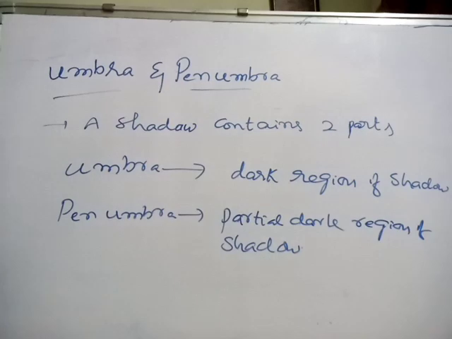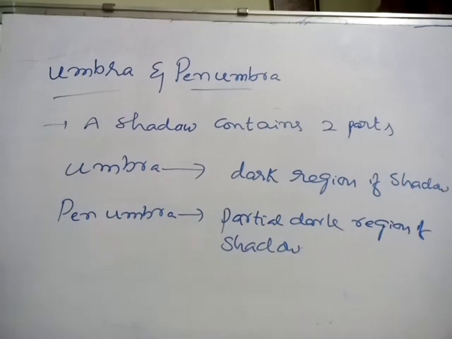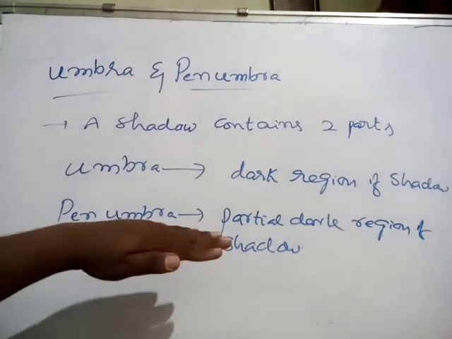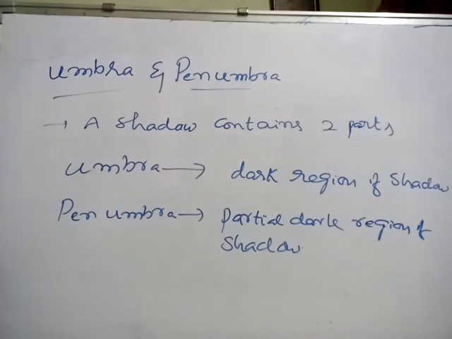Sir, what is this one? Shadow means already you told dark region. But again, what is this umbra penumbra means? Yes, the best example. See, not always, but sometimes, every time only. See, for example, my hand is this one. Okay, if you observe with the shadow, definitely that outer region. For example, see, I am showing one image.